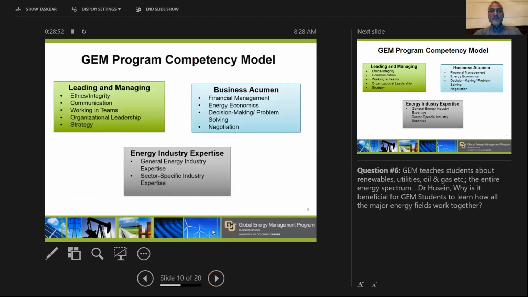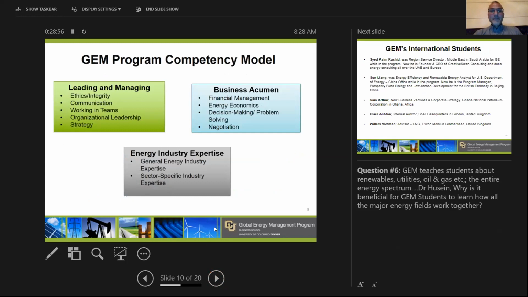Also, something I wanted to talk a little more about is the program's competency model that we have here, which is pretty unique. I think you can almost break it down to a trifecta, in terms of the three more important areas you're going to learn in the program: leading and managing, business acumen, and the energy expertise in your specific area. These are just a few bullet points on each one, but a lot of our classes encompass these specific features to help you be a better leader now and in the future. So we try to make sure that trickles down from our advisory council to our faculty all the way to the students here.